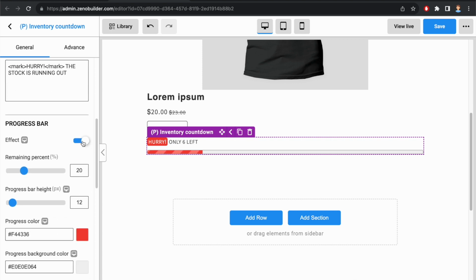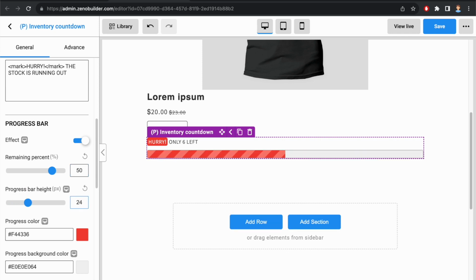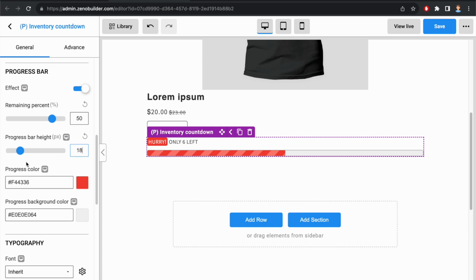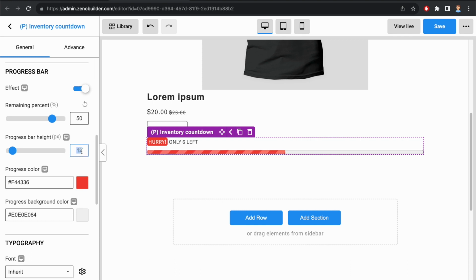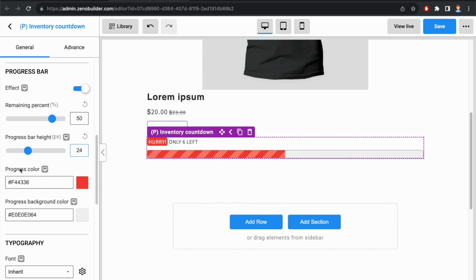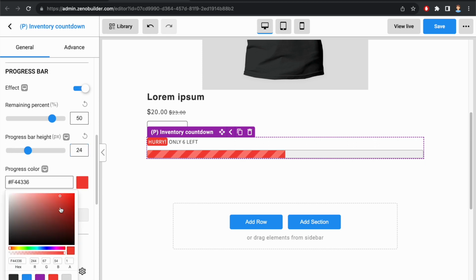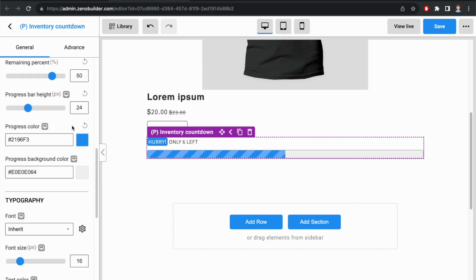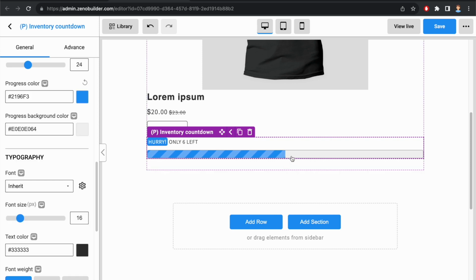We can enable or disable effect. And the remaining percent, by default it is 20, but let me change it to 50. And you see. Then the height of the progress bar, let me change it to 24. The progress color, let me change to blue. And the background color,